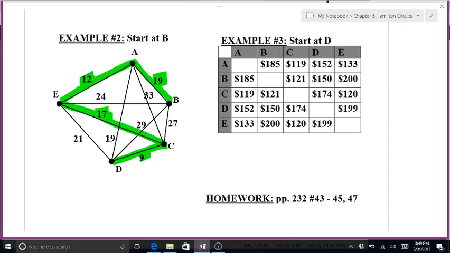And every point has been touched twice except for D and B, so we're going to go ahead and connect